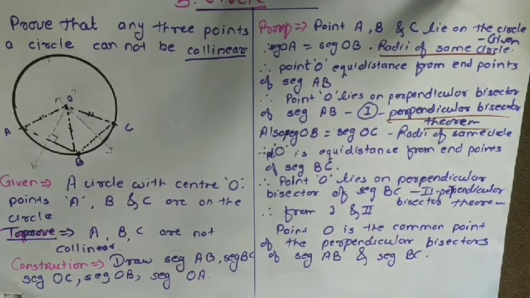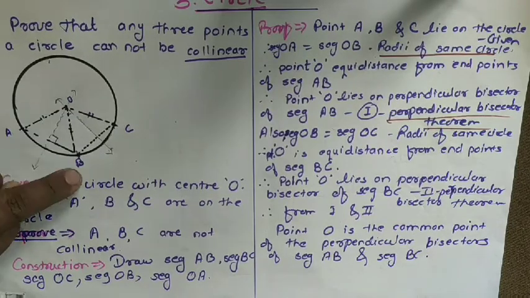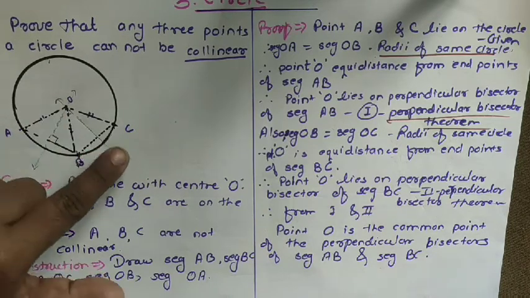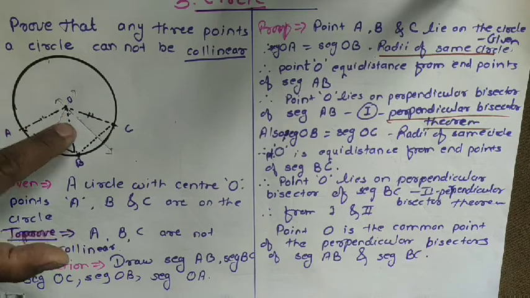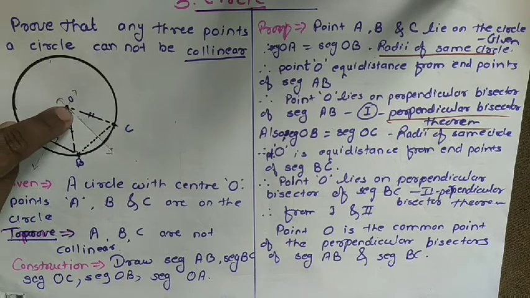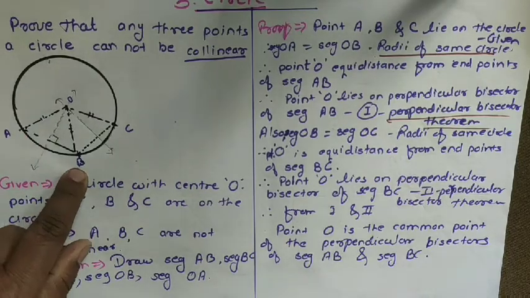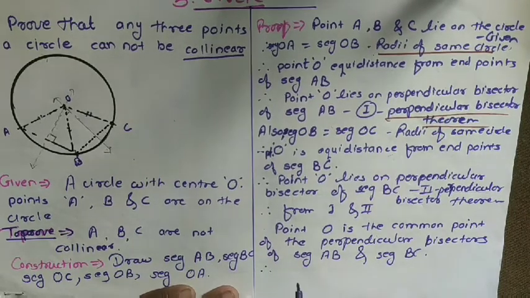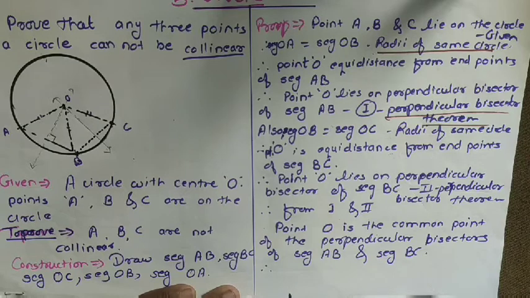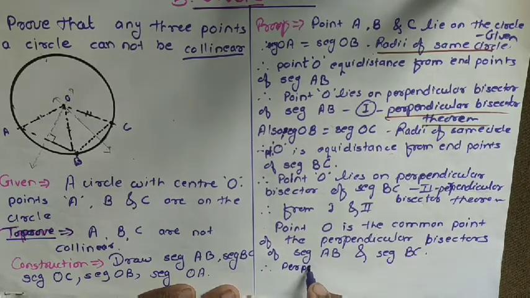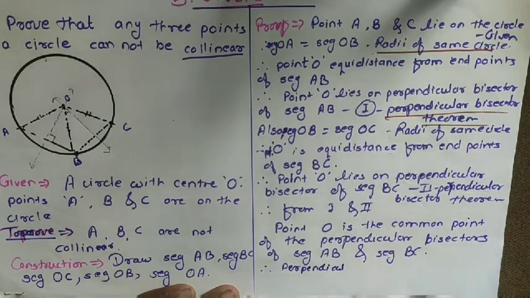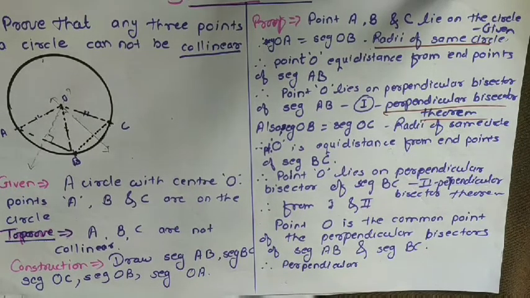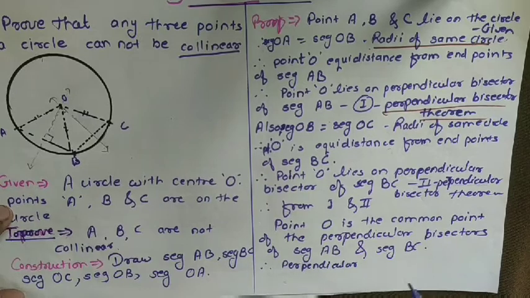Okay, is that clear? What I said is that this point O, if it is equidistant from A and B, then it lies on the perpendicular bisector of AB. Same thing, if point O is equidistant from B and C, then it also lies on the perpendicular bisector of BC. So O is the common point present on the perpendicular bisector of AB and also BC. Now the next point we have to say is that therefore the perpendicular bisector of seg AB,